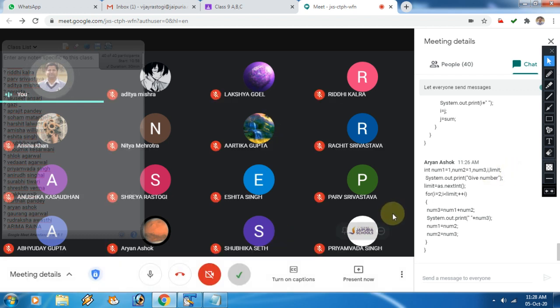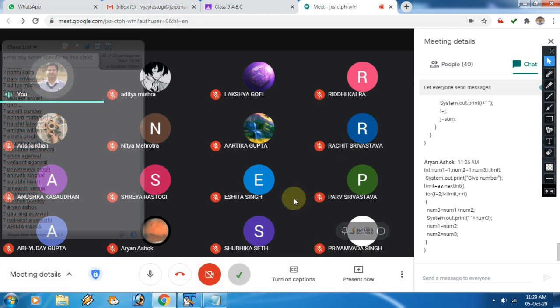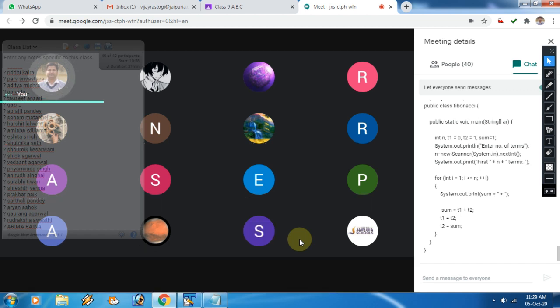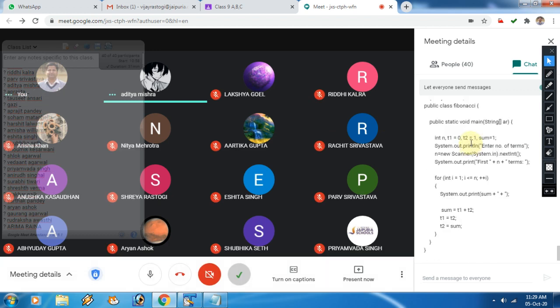Aditya, please go through that also. Yes, sir. The same thing is applicable for Priyamvada also. I don't want to print the sum of the whole series. I am just asking to print the third term in which you are adding the first two terms. In the third term only I wanted to generate the whole thing. Sir, please check now, is it correct? Aditya, wait. Just like this.